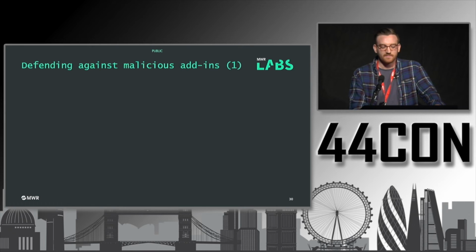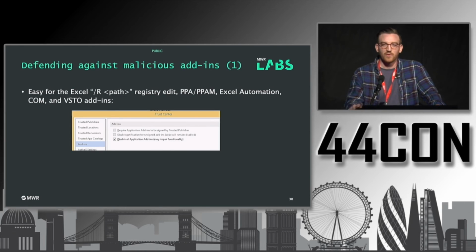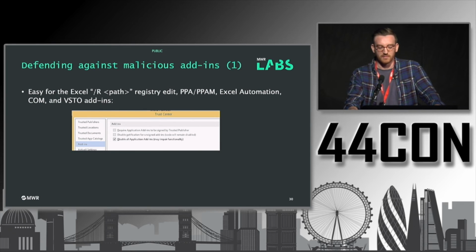On the defensive side, if you're wanting to just prevent people from using these add-ins, that's possible for some of them, but not all of them. So there is a specific section in the Trust Center for disabling add-ins, and if you disable them, that will prevent the ones that I mentioned here. So in Excel's case, only the place where you do the open registry key property with the /r value, PowerPoint's VBA add-ins, Excel, COM and VSTO add-ins. By enabling this, you will prevent anybody from using them,